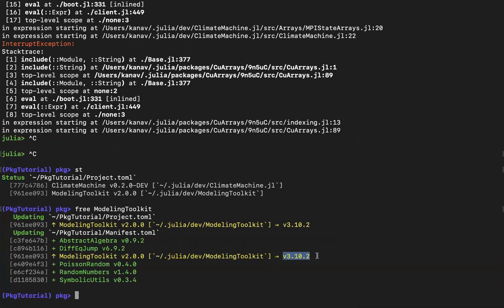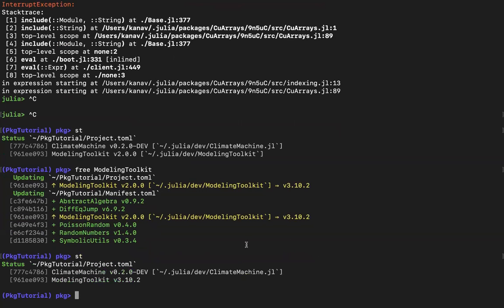I have not fixed these issues deliberately because I want to show you all in this session itself. So you can see that the current version is 3.10.2. So if you do st, it got freed of its development version and it got promoted to the current latest tagged version. So free is a very good command when you have to resolve conflicts. I'll get to it later.